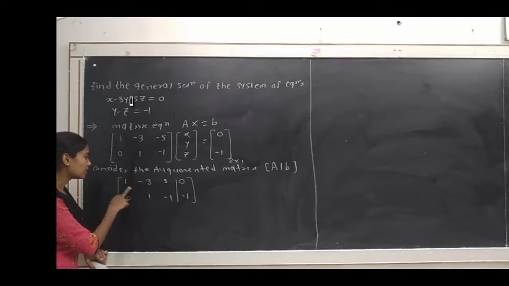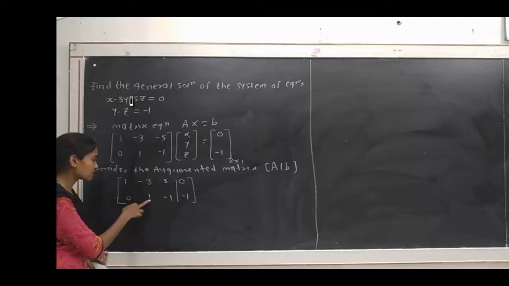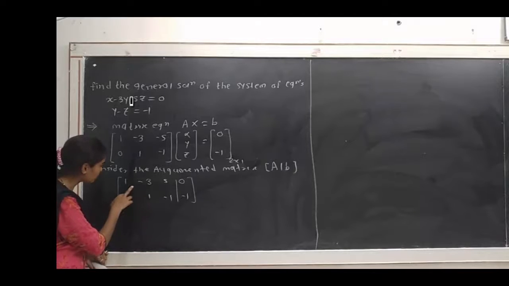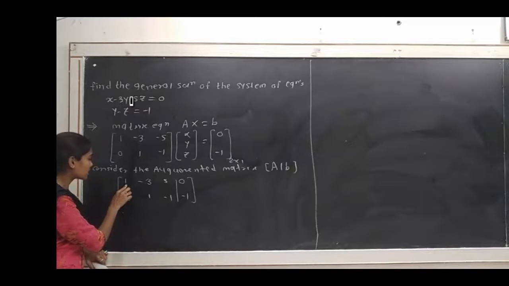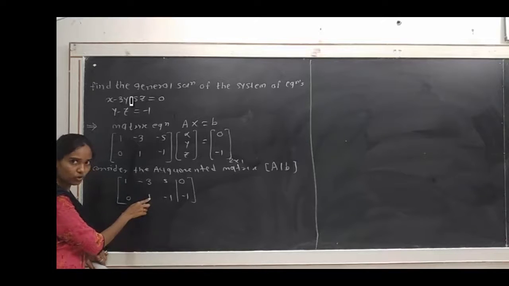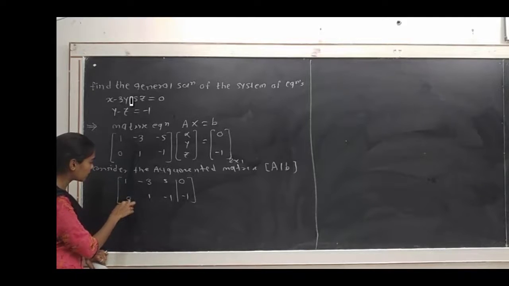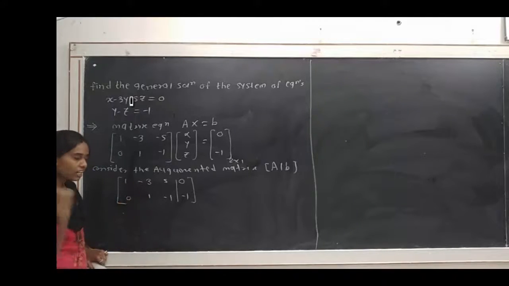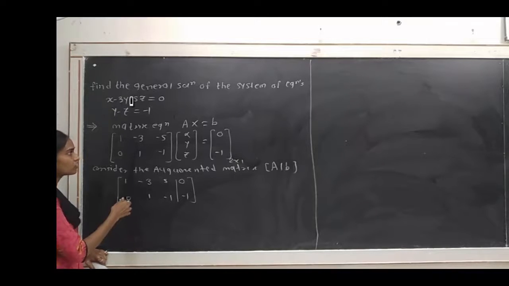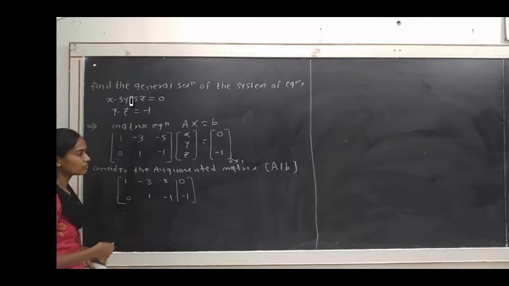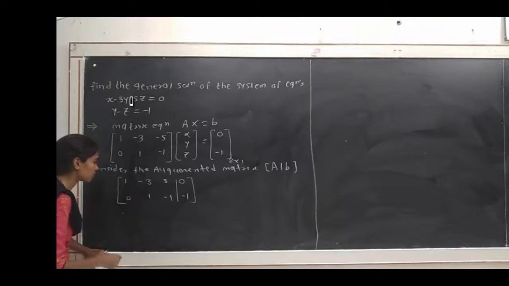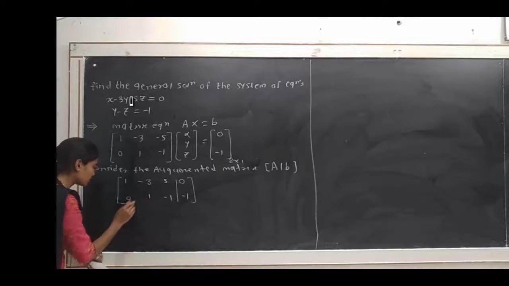If we observe the given matrix, that is the A matrix, it is already in echelon form, because for these two consecutive rows, the leading entry of the upper row is to the left of the leading entry of the second row, and below the leading entry the elements are 0. So it is already in echelon form, and then we have to convert it into the reduced row echelon form to get the simplified form of the system of equations. So we use the row operation here.